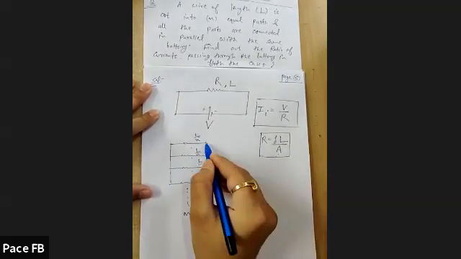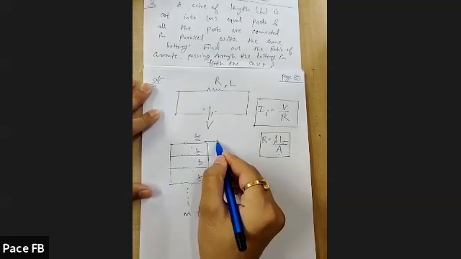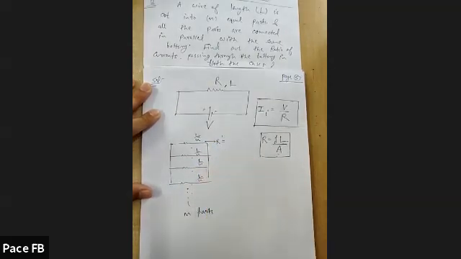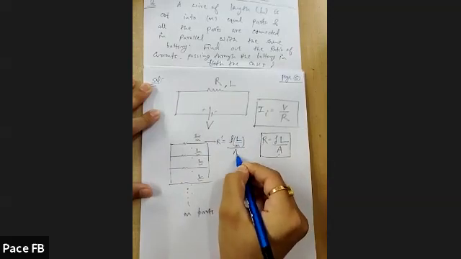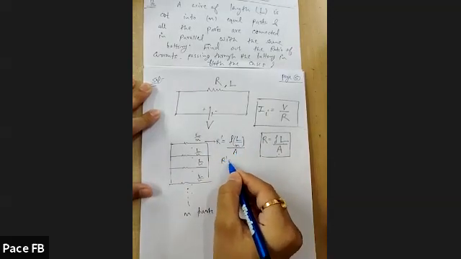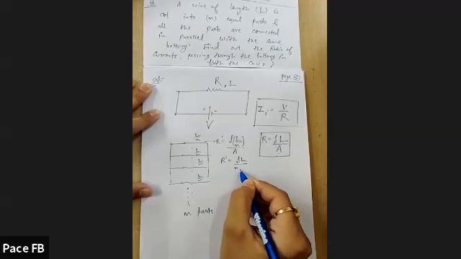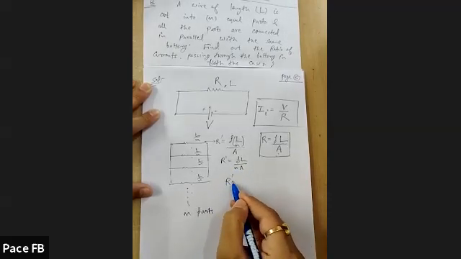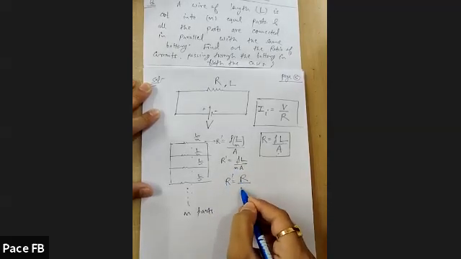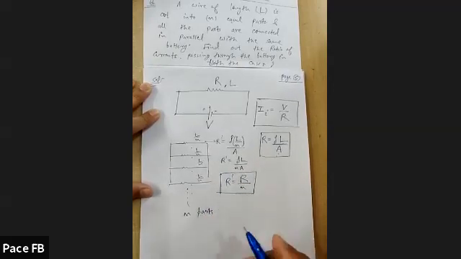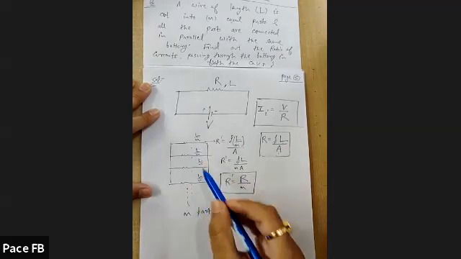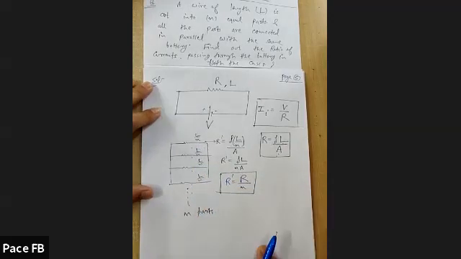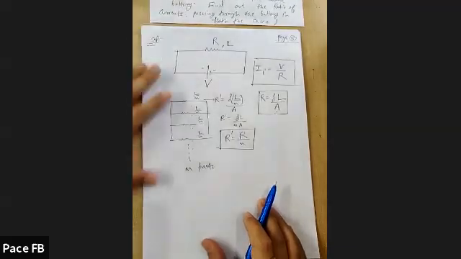So what would be the resistance? Let's say R dash. R dash would be equal to rho, resistivity remains the same, length would be L by N for this particular wire, upon cross-sectional area, which is also A. So R dash becomes rho L by N A, or in terms of the initial resistance, it becomes R by N. So this is the resistance of a single part. And how many such parts are there? N number of parts are there.